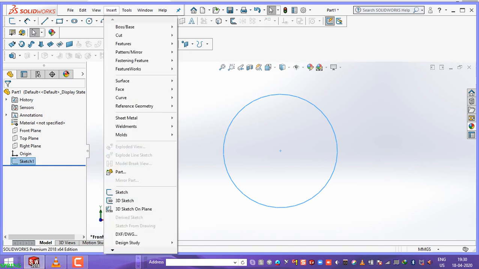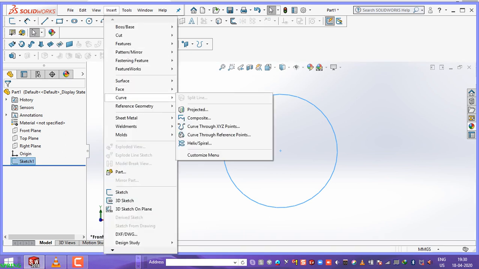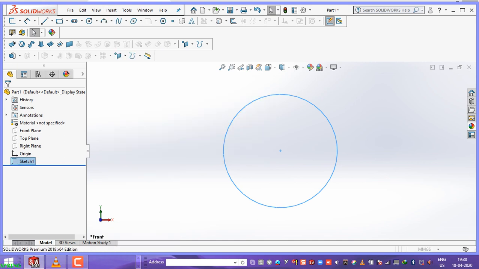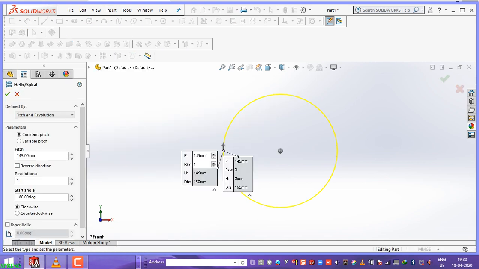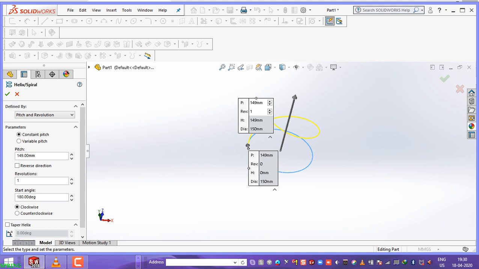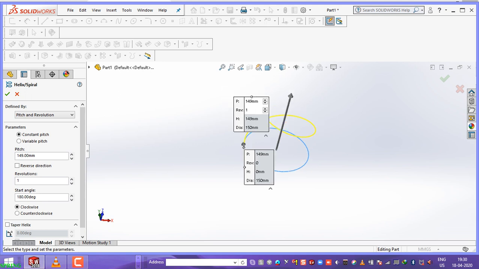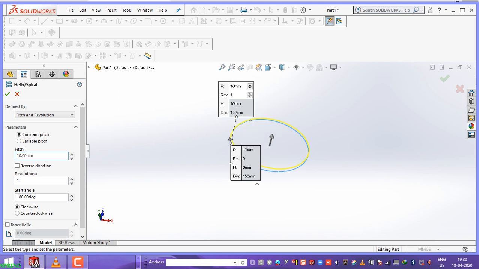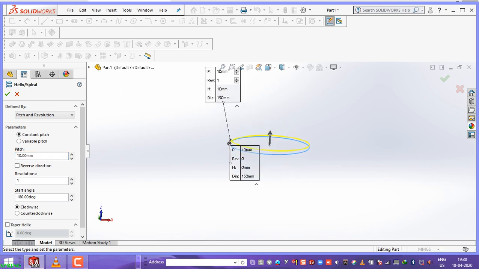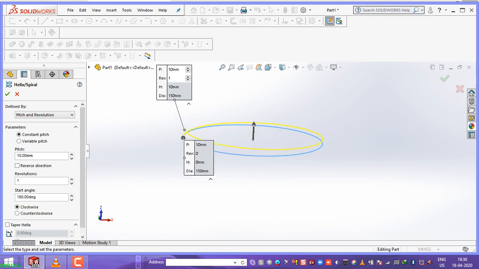Now go to Insert, Curve, Helix. Select this sketch. Now here it is asking, suppose you want pitch and revolution. If you are going to maintain, I am going to maintain a pitch of 10 mm. What do you mean by pitch? Pitch is the distance between the first layer of the spring to the second layer of the spring, or maybe you want